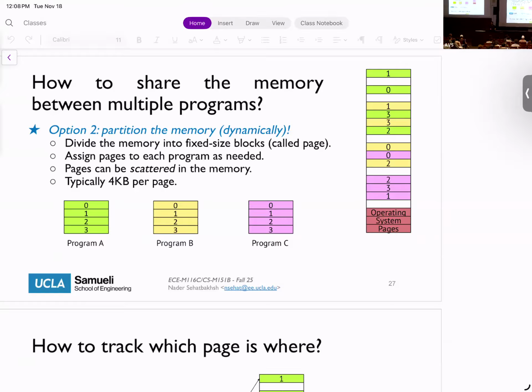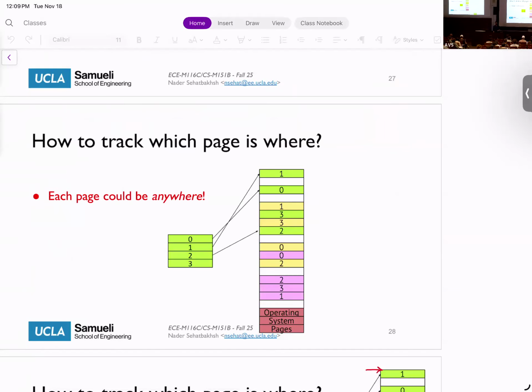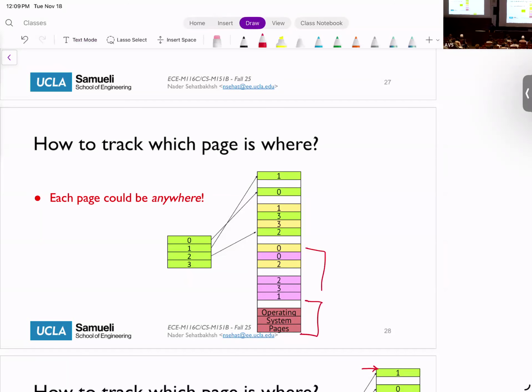The good thing about this paging system is you're going to get a lot of benefits. But the problem is that we now need to track the location of each of these pages, because now things are scattered. There's no longer the notion that this address to this address is one process, and this address to this address is another process. Now the first page might be for one process, the next page might be from another process, and so on and so forth. So I now need to know exactly, for each given process, where the pages are. And for all the pages, I need that.